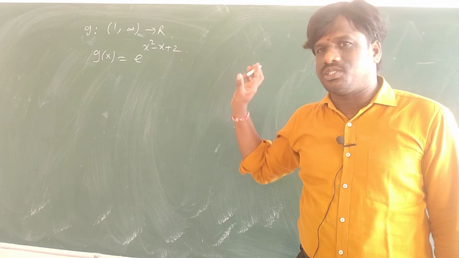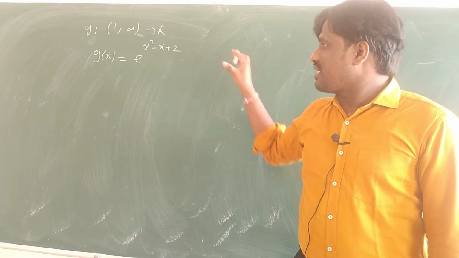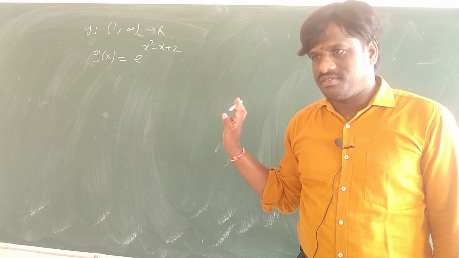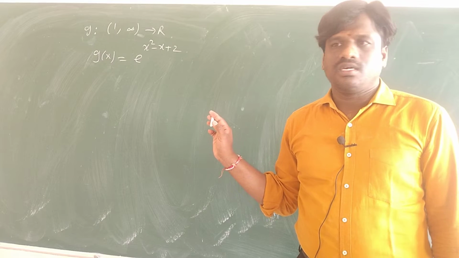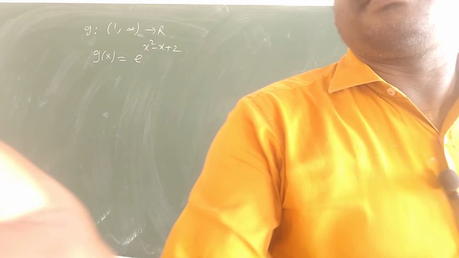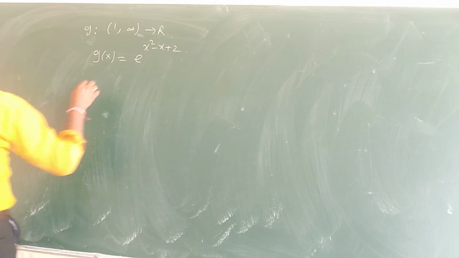These graphs I will teach you. When the 6th chapter starts, you will come to know all the graphs. But it is also difficult. Which is the easiest level? Differentiation will be the easiest level, right? You know differentiation. What is the differentiation of e power x? See here, e power x differentiation is e power x.